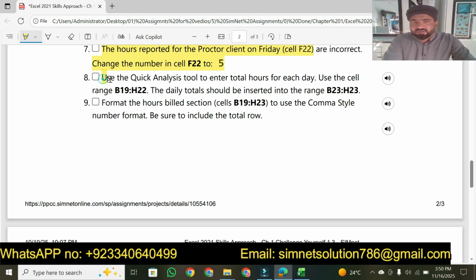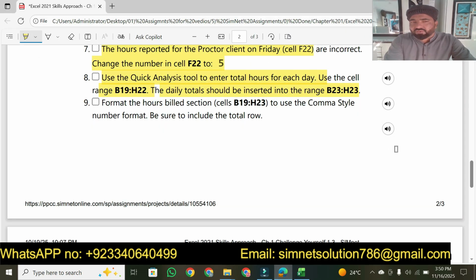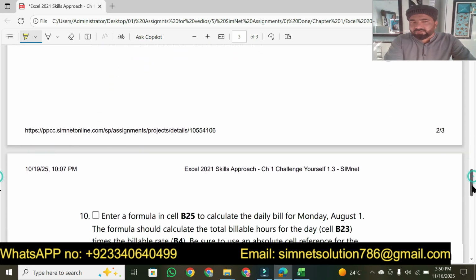Then in question number 8, we use the quick analysis tool to enter total hours for each day. So use cell B19 to H22. The daily total should be inserted in the range B23 to H23. Here we have to insert the daily total. In this way we will solve question number 7, 8, and same way we will solve question number